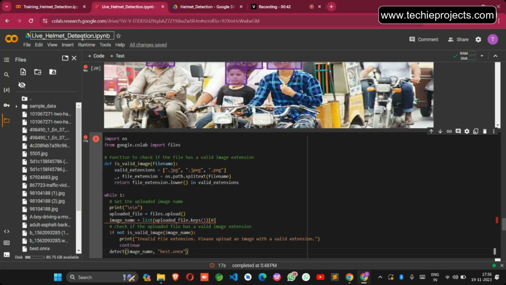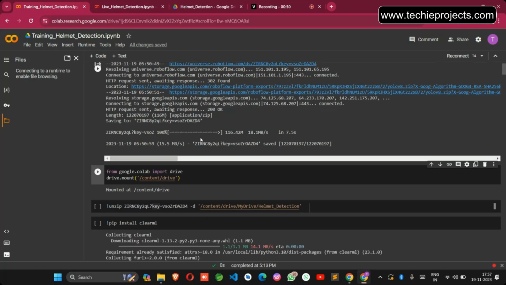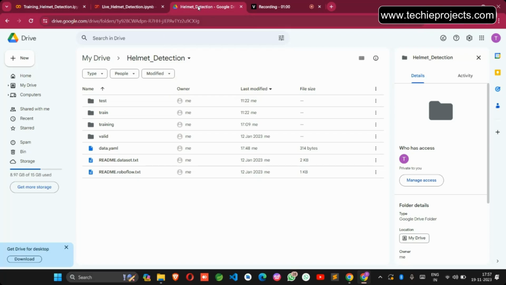helmet and for live helmet detection. So no need to train the model again. Okay, if you want you can do training. I have added complete code from downloading the file from the remote server to getting it trained. Everything is there. The only thing you need to do, if you are training the algorithm,